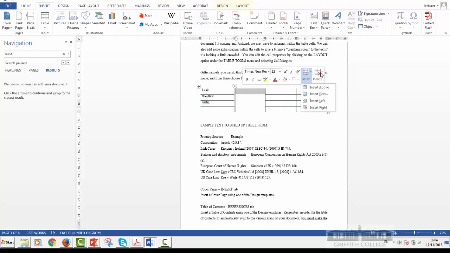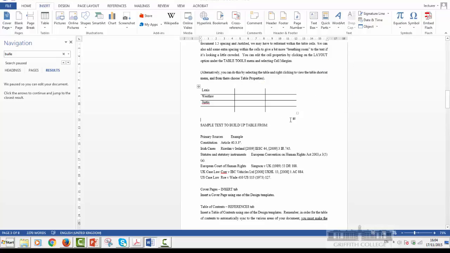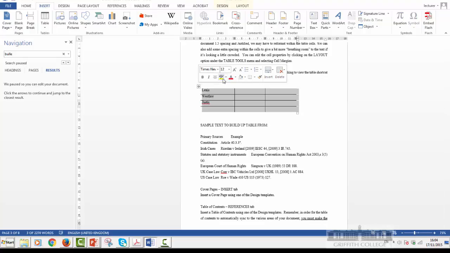Actually, I want to delete that now. I've changed my mind, so I'm just going to delete it. I'm going to delete those columns altogether. Okay, so there they are. Now I could manipulate this in here again. If I click on this here, I can change the formatting within here. I can do the shading within here. There's any number of things I could do, but I'm not going to at the moment. I'm just going to click on it here. I'm going to delete this altogether actually,